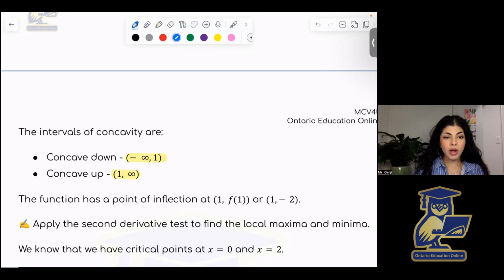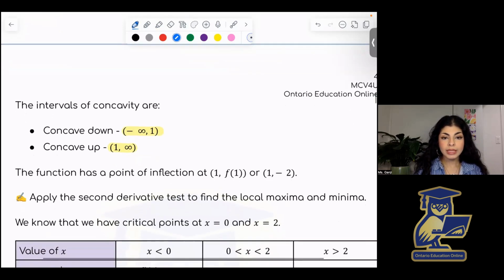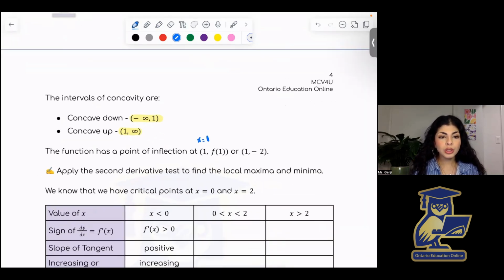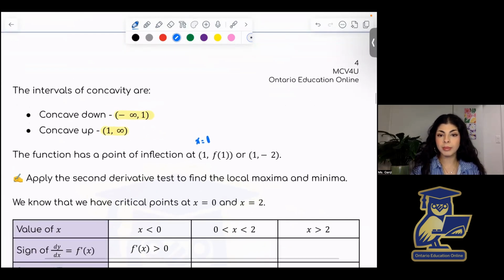So it's concave down when we have negative infinity to 1, and then from 1 to infinity, we have concave up. And so we can say that we have a point of inflection at x is equal to 1, and the point itself we just evaluate is (1, -2). And now I want you to also try applying the second derivative test